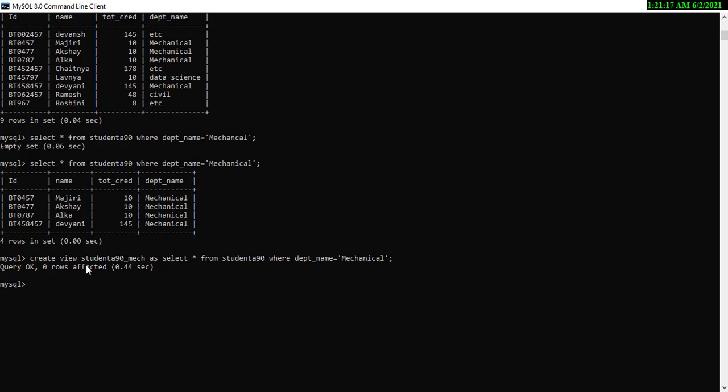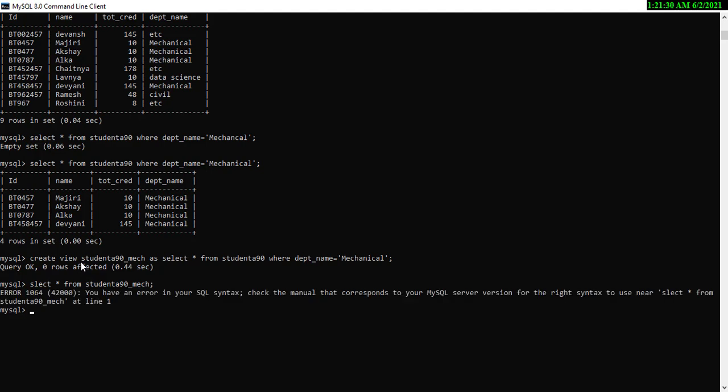Now this view is created. I have to see this view. So what can I type? Select star from view name. So what is my view name here? Student A90 underscore mech semicolon. Select star from student A90 mech.